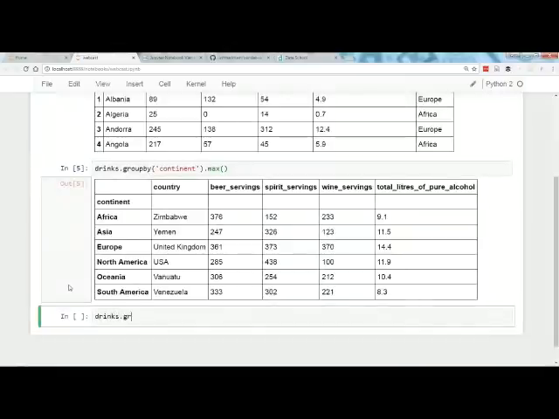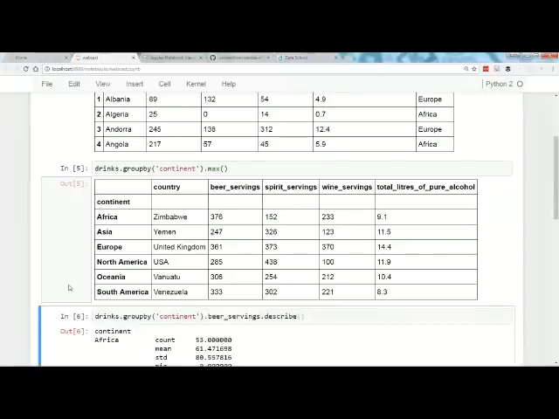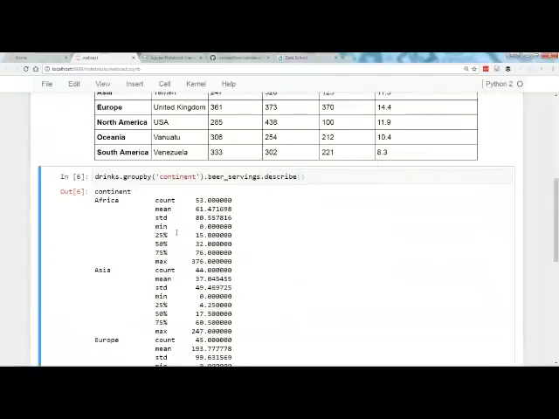If I do drinks.groupby continent dot beer servings dot describe, that gives you a hierarchical index. It's a series, but it has a hierarchical index.